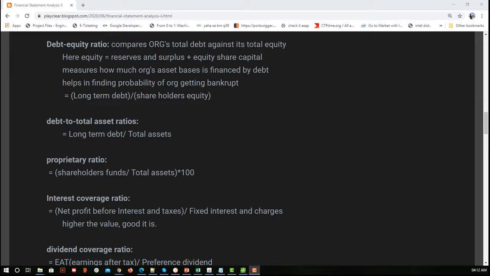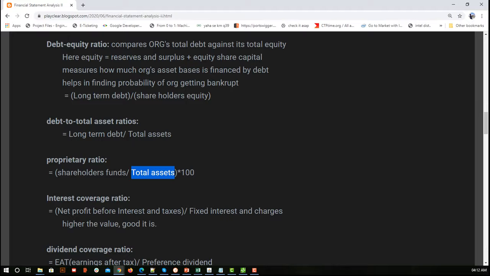So as shareholder funds decrease, what happens to the ratio? The ratio also decreases. So the less the ratio or the less the percentage it is, the better it is for the organization. Because either you decrease the shareholders funds or you increase the total asset, in either case our result will be a decrease in the overall ratio or percentage, based on which we can say how much percentage of the capitalization an organization is running is based out of shareholders fund.